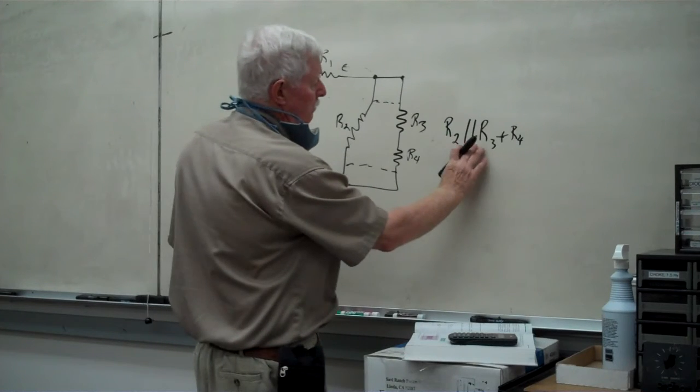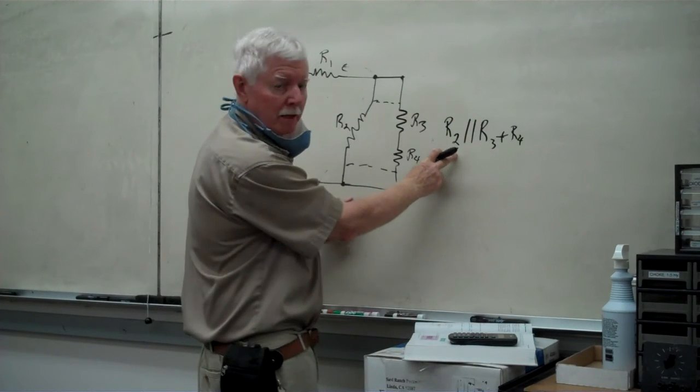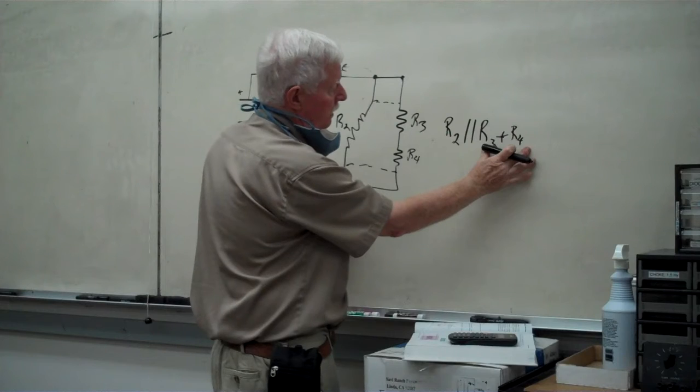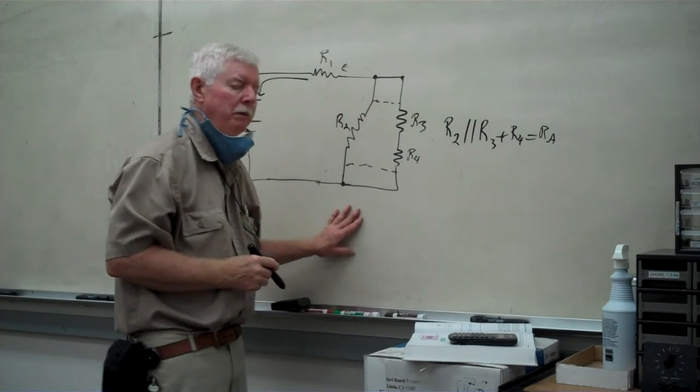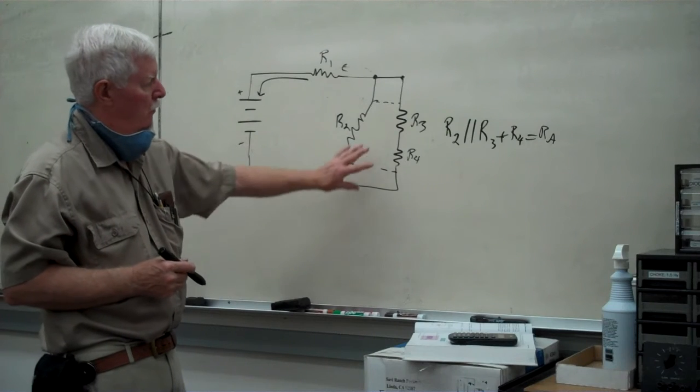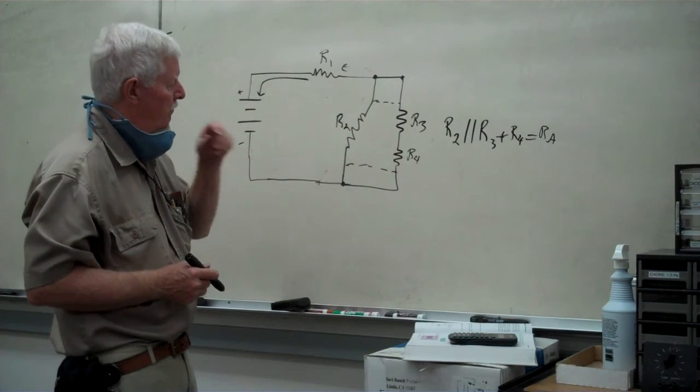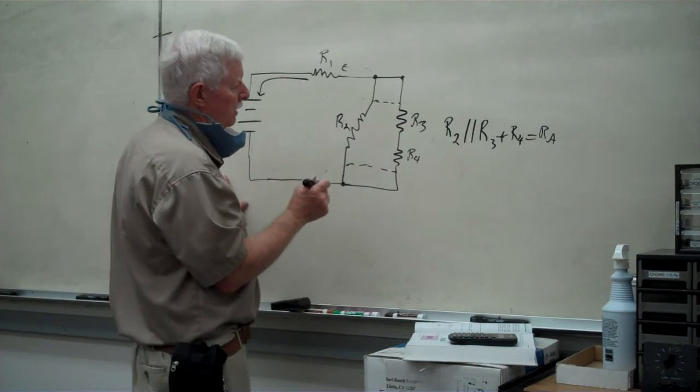So let's take a look at the expression. Remember that R2 is going to be in parallel with this particular network, and we still can refer to this as RA, or we can be specific as to what we have for different devices. Another thing that could be done